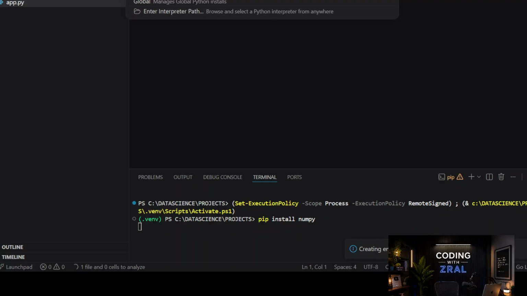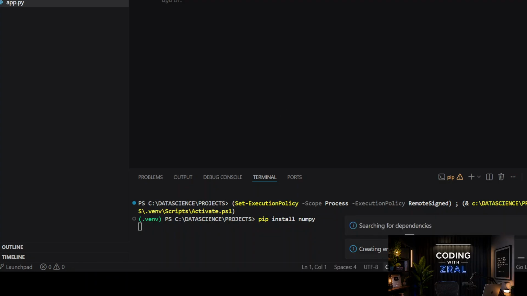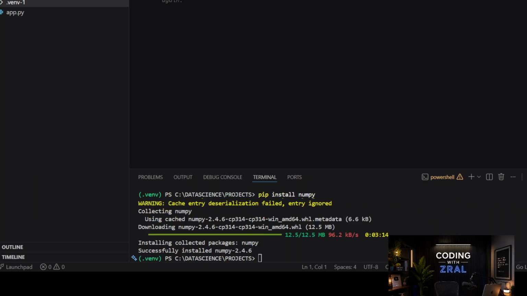We can create a virtual environment and use all these dependencies to create our NumPy. So once we have finished installing our Python,